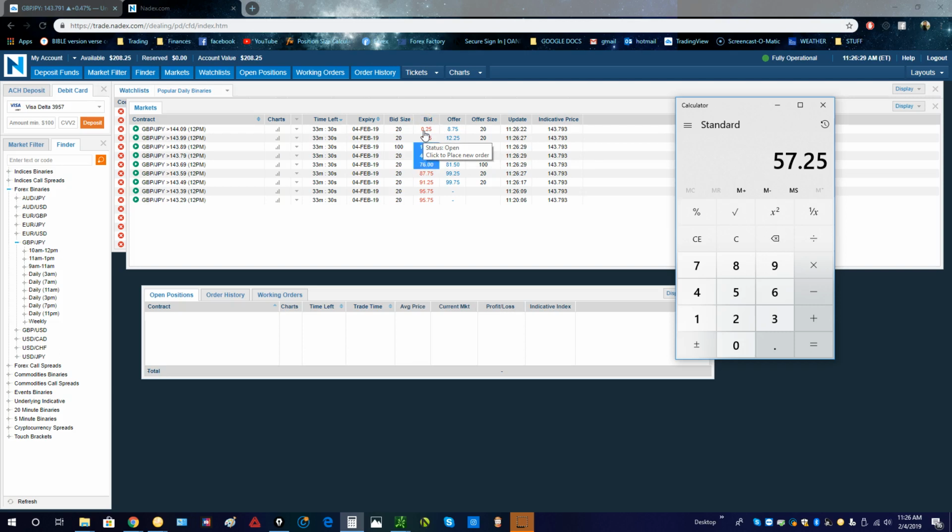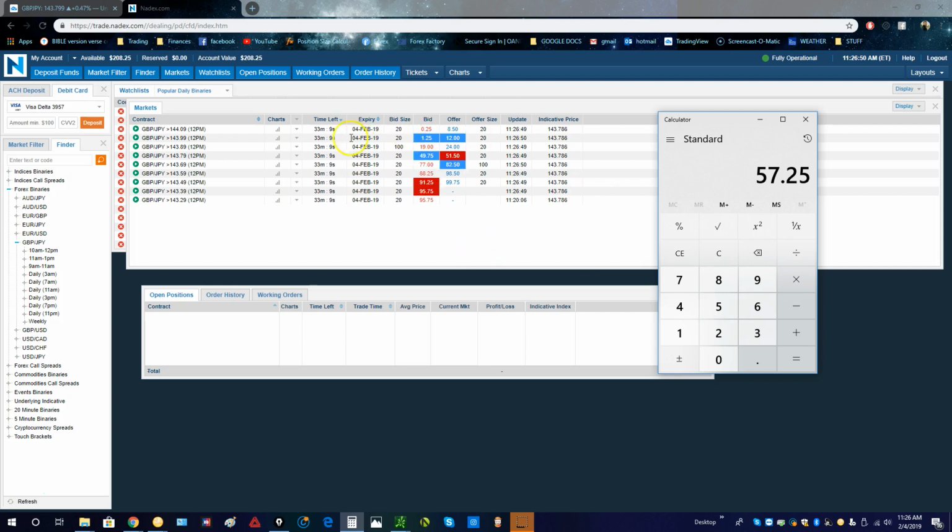You're always... Nadex is essentially like a casino, okay? So they're trying to tilt the odds into their favor no matter where the indicative price is, okay? No matter where the price level is. Okay, so what that means is even though I sold essentially as price was testing this 144.09,